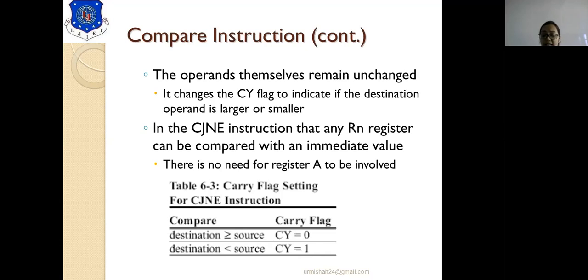So in this case you have to borrow 1. So here the carry flag will be set. So the compare instruction will perform the subtraction operation and check whether the carry flag is set or reset. Based on that comparison, you have to jump to the target location when the condition is satisfied.